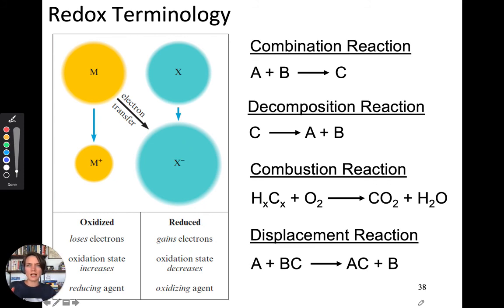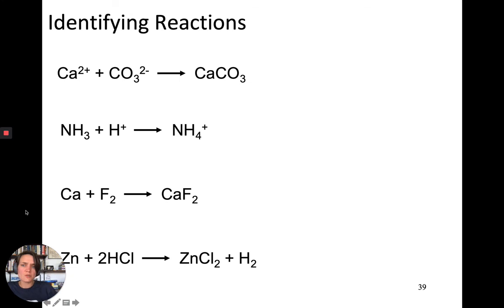So if you're in doubt on whether a reaction is precipitation, acid-base, or oxidation reduction, the way to figure it out is to assign oxidation numbers. If there is no change in oxidation number in any species in your reaction, from reactants to products, then you do not have a redox reaction. It's something else, either precipitation or acid-base. One of the things that students can find a little bit challenging in this chapter is just determining what has happened, right? So if you look at this first problem, we have calcium combining with the chlorate ion